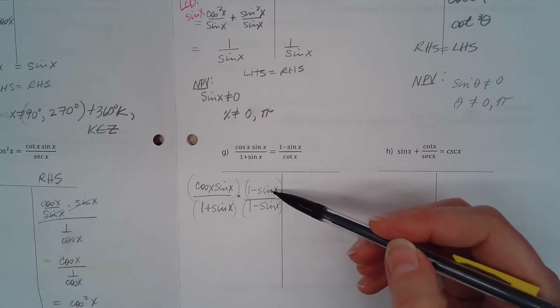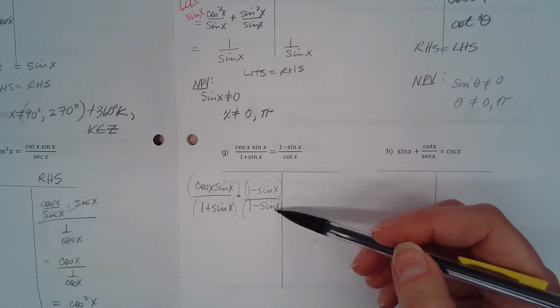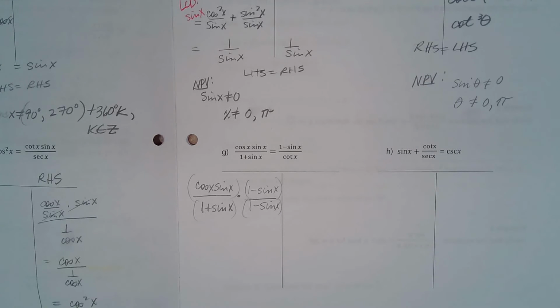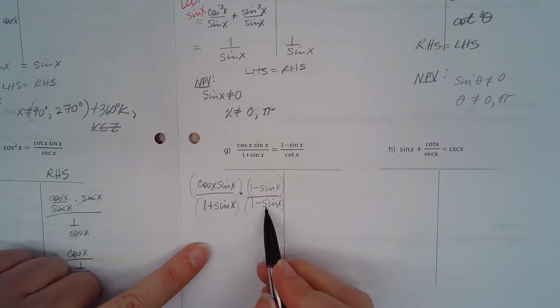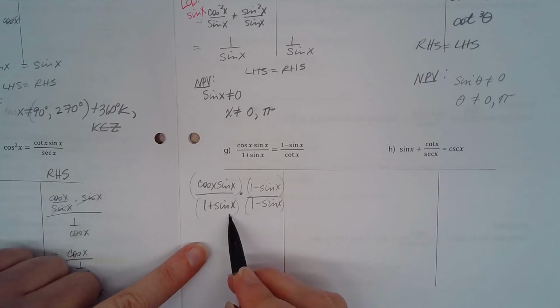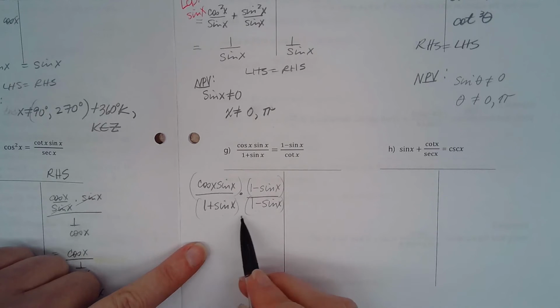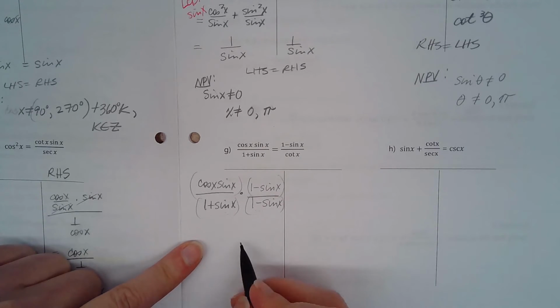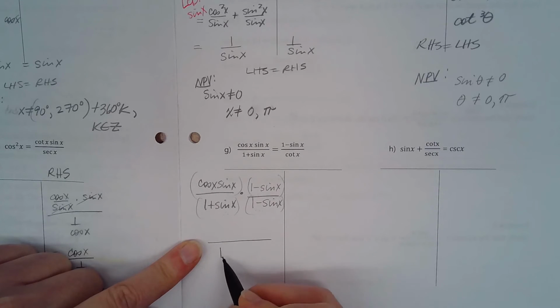Why can I multiply by the conjugate over itself? Why is that allowed in identity work? I'm just multiplying by 1, right? So I'm not changing anything. So let's see what happens. What will happen on the bottom always when I multiply by these two factors? I'll always get a difference of squares on the bottom, right? So my bottom's going to become 1 minus sine squared,